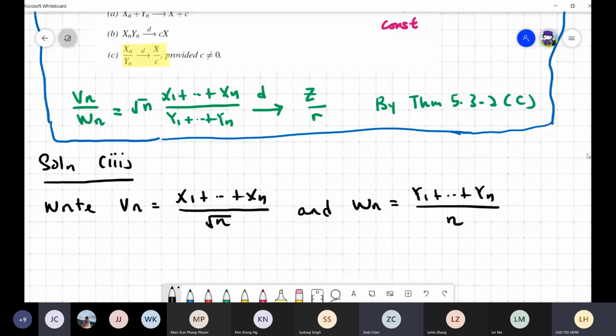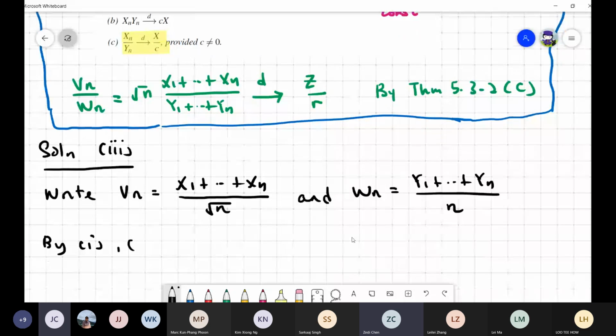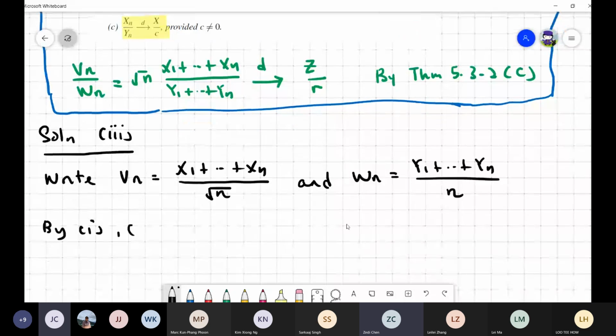Then by 1 and, you can maybe just explain by 1 and